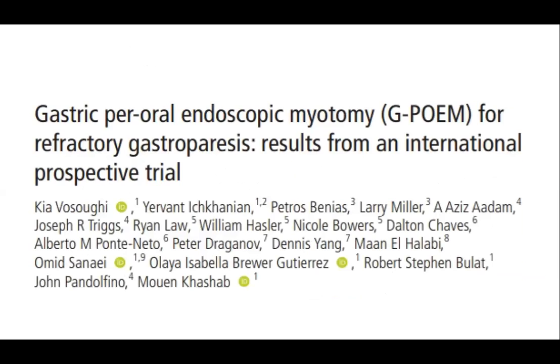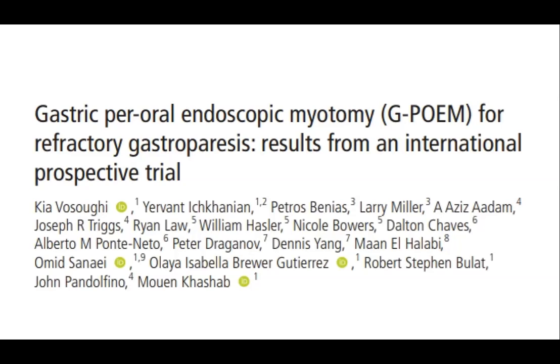So getting on to the other advanced stuff we do in GI for this. Have you guys heard of POEM before? Per oral endoscopic myotomy. This is an emerging use of POEM, but traditional POEM is usually for achalasia. It's actually a pretty intense procedure. You go down endoscopically and tunnel under the mucosa into the muscle tissue. You're doing this in real time, hopefully not perforating, literally burrowing in between the mucosa and hopefully not going past the adventitia into the thorax or wherever you might be.